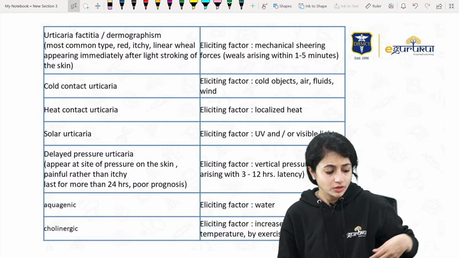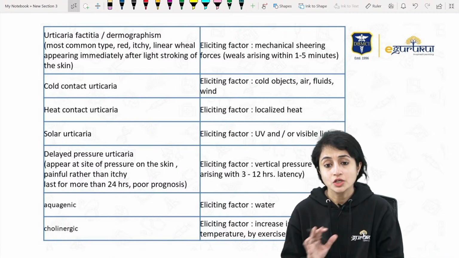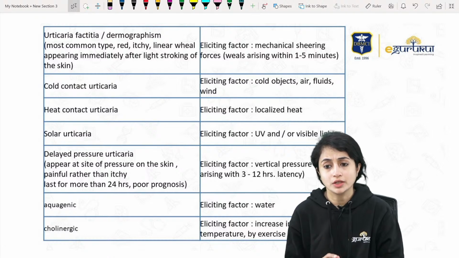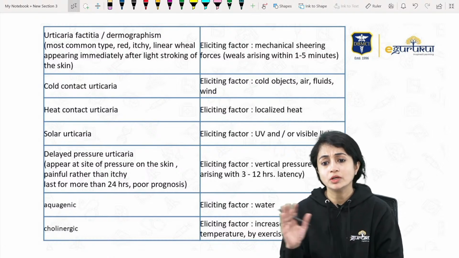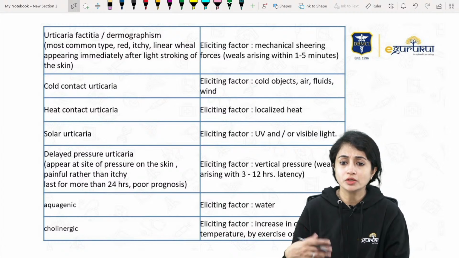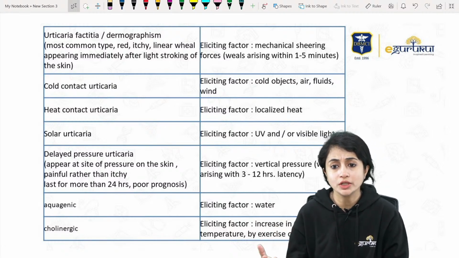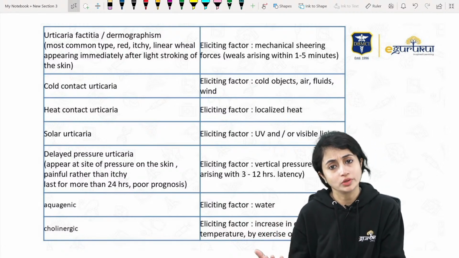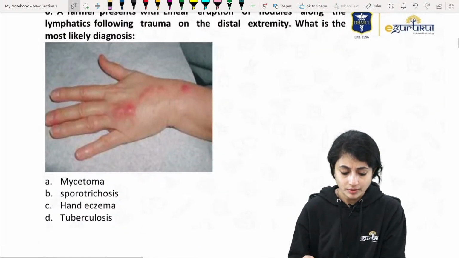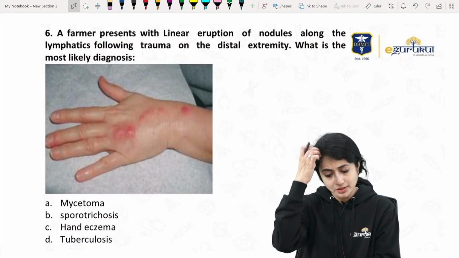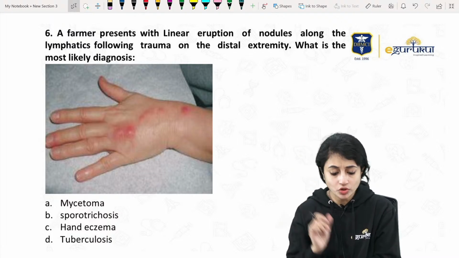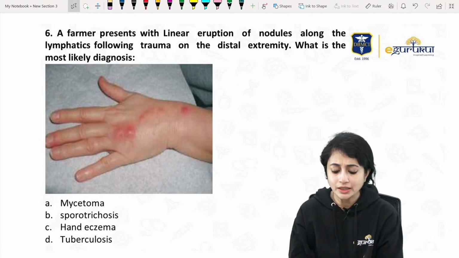Okay, right? So these are different types of physical urticaria. Very easy, you do not need to remember. If you see exposure to sun, you mark solar urticaria. Exposure to heat, heat urticaria. Cold, cold urticaria. Coming to my next question, a farmer presents with linear eruption of nodules along the lymphatics following